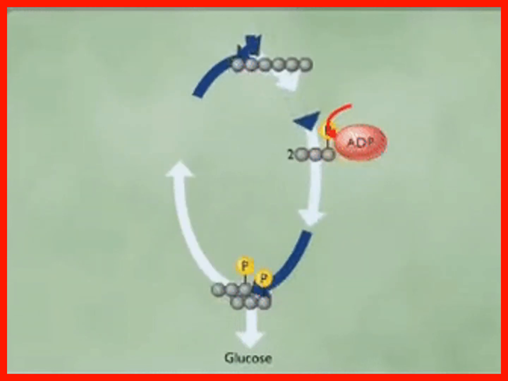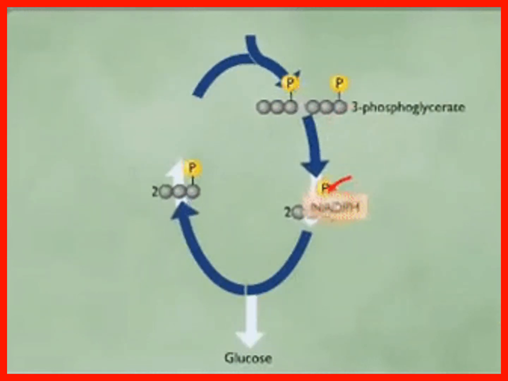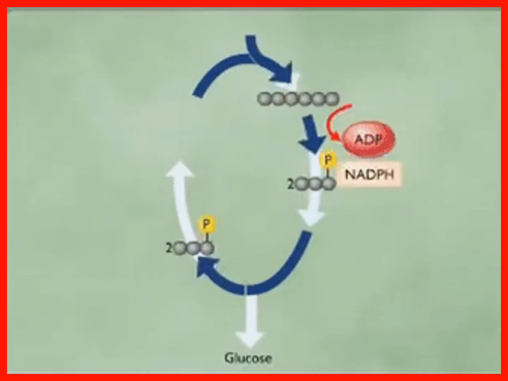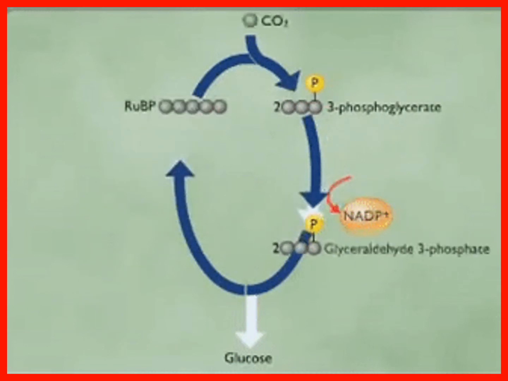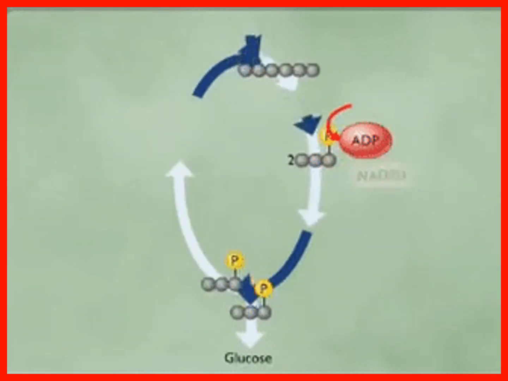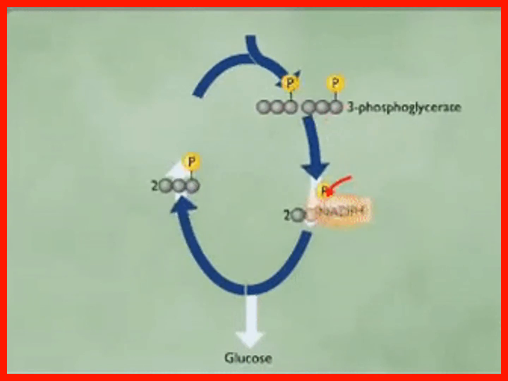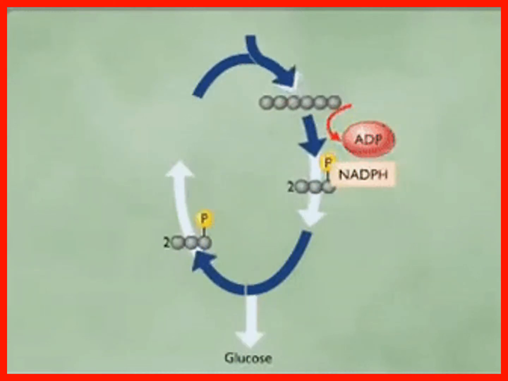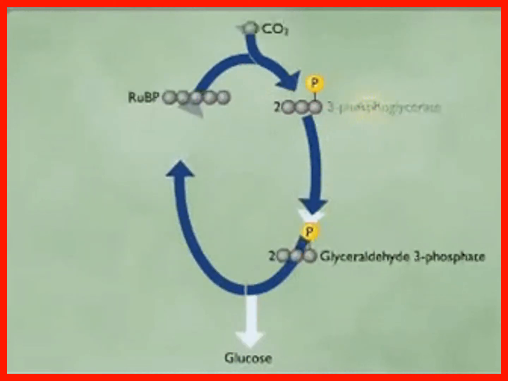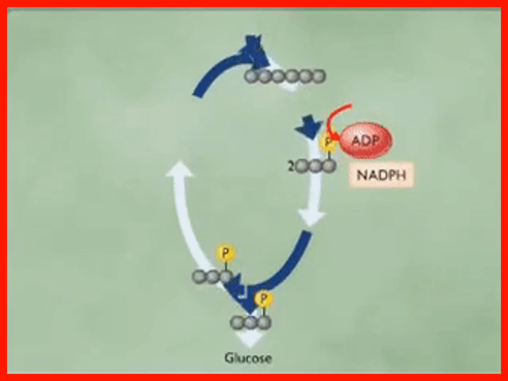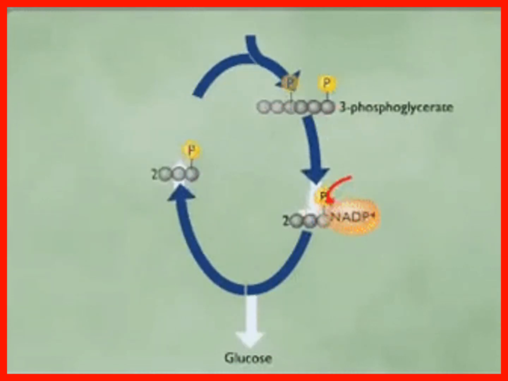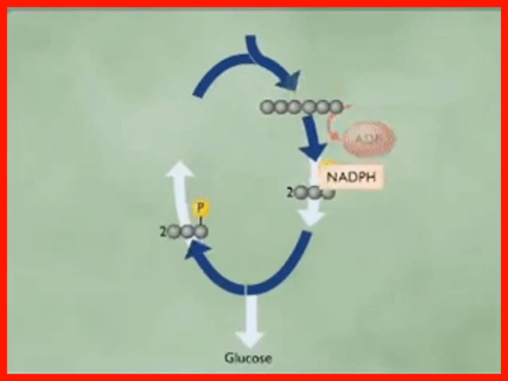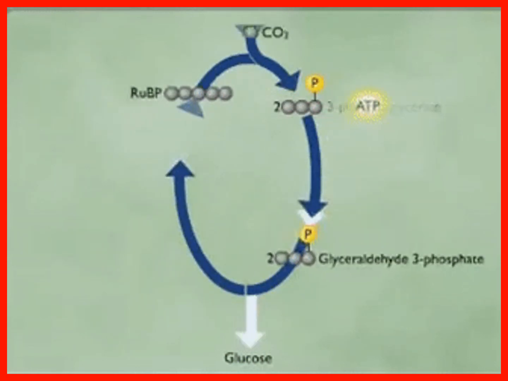So here you could see an animation of the Calvin cycle where you start off with carbon dioxide diffusing to the stroma. It then binds with RuBP for the carbon to be fixated using an enzyme, Rubisco. This causes the formation of glycerate 3-phosphate, and then that glycerate 3-phosphate becomes reduced using reduced NADP and energy from